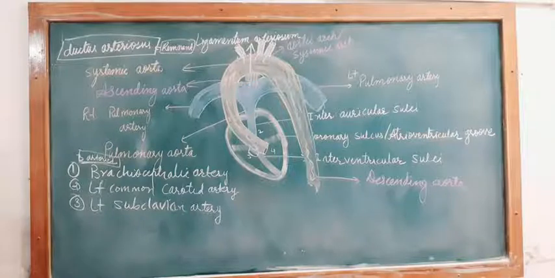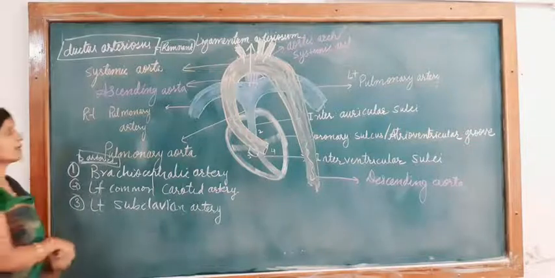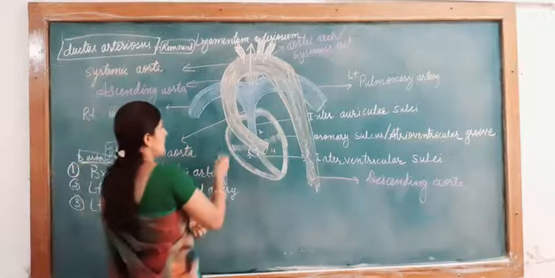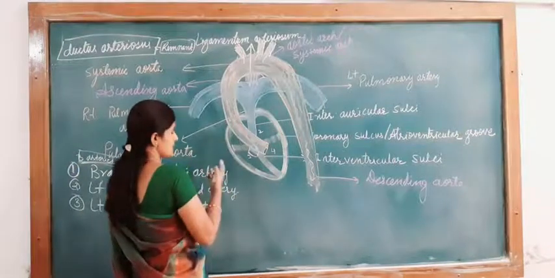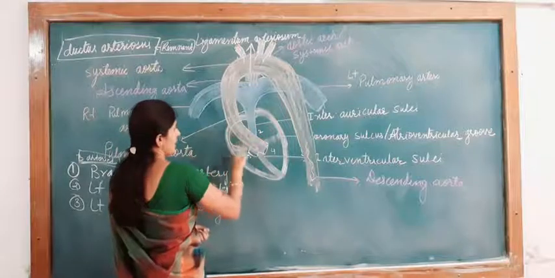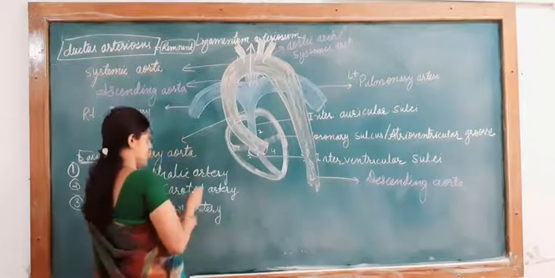The right atrium receives the superior and inferior vena cava along its dorsal surface, and the pulmonary veins open into the left atrium along the dorsal heart. So here, three openings will be present in this chamber.